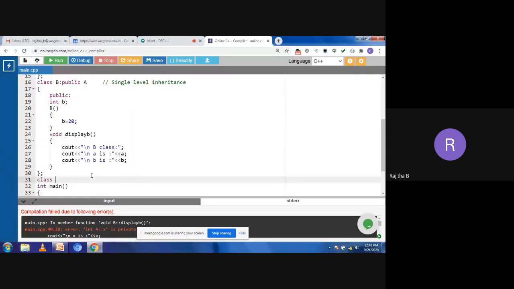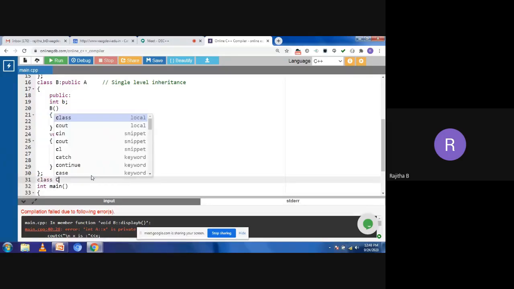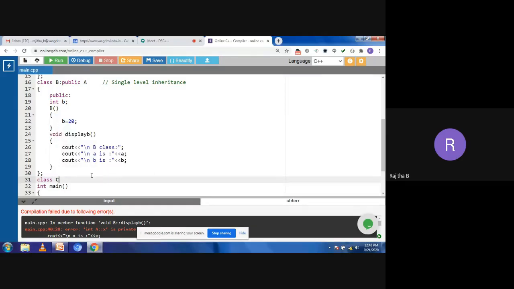So I'm taking one more class, and it is the C class. Now in class C, I need to derive the properties of class B.